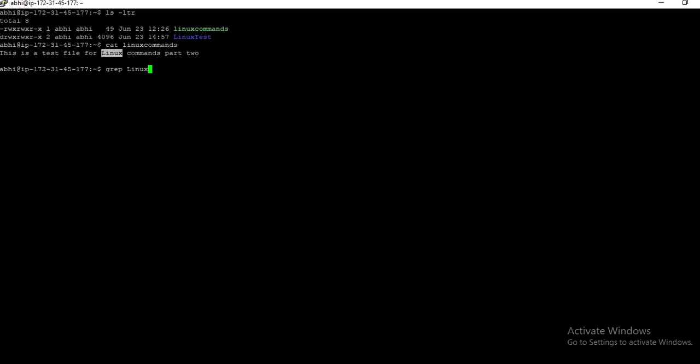Again, let's check how to grep it. I'm showing it again because it's one of the most important commands. Grep linux: if we don't give the file name, it will search the whole file system which is available there, so it's not recommended. So again I have given the phrase linux and the file, and linux is shown in red.